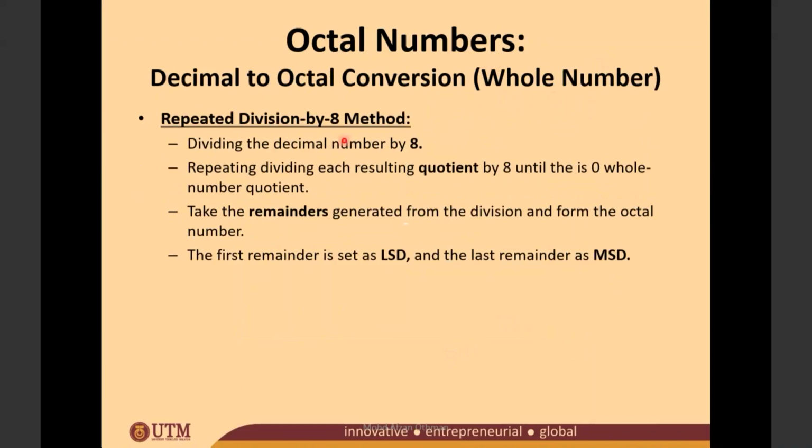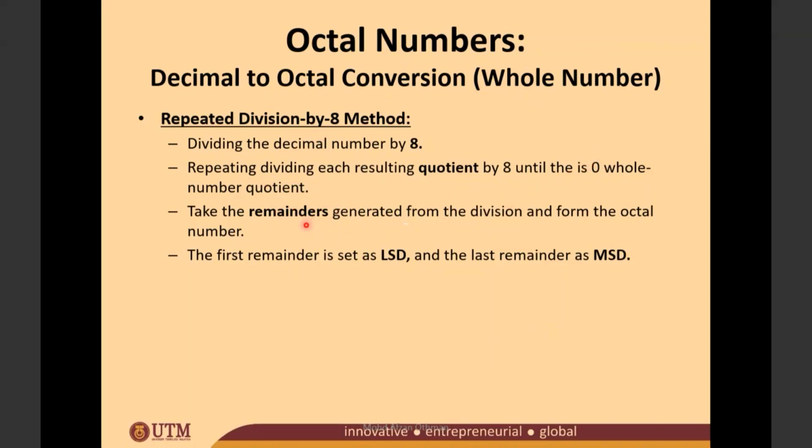Okay, untuk whole number kita guna repeated division by 8 method. Which is you need to divide it by 8. Bahagi dengan 8 sampailah kamu punya quotient kosong. Once kamu dah dapat quotient kosong, you take the remainders and